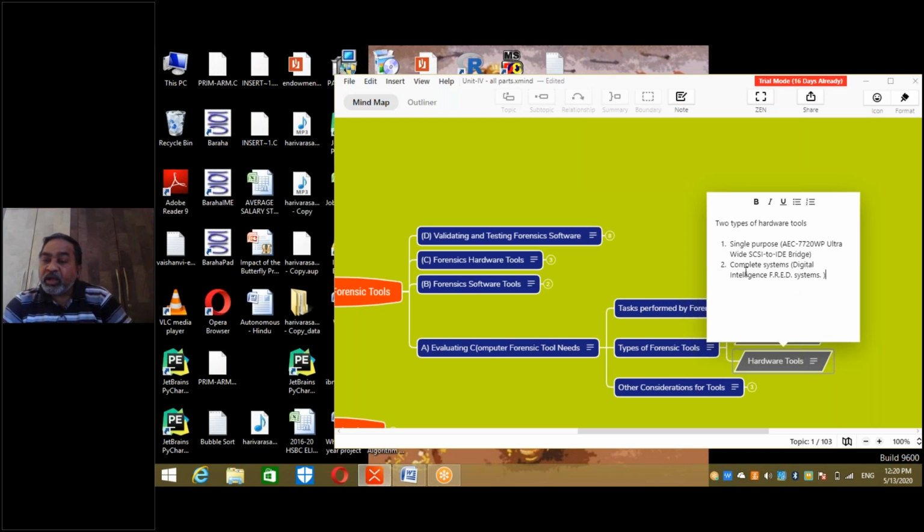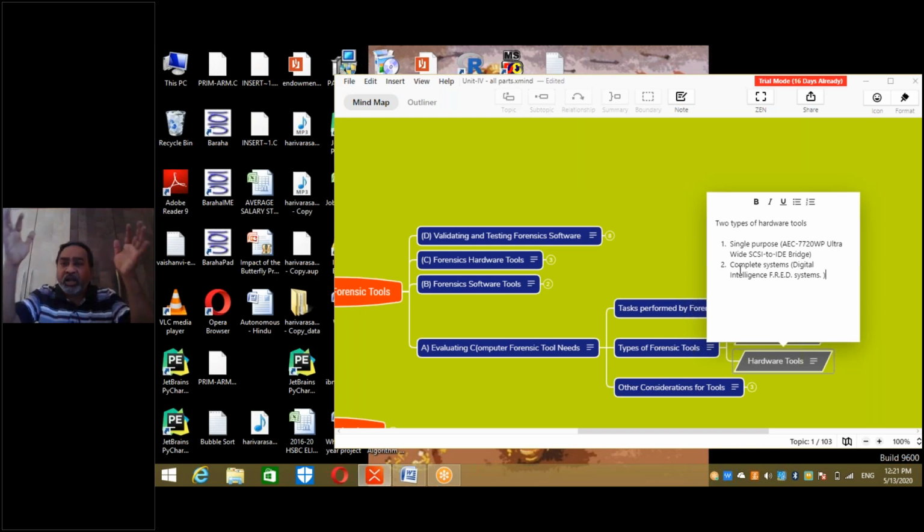And it could be a complete system, that is a comprehensive, full-fledged computing system, what is called a workstation. An example of a workstation is the Digital Intelligence FRED system. What is this workstation? It is a computer, it is a calculator, it is a data acquisition device, it is a data analysis tool also, it has software also, it can facilitate networking also, it can facilitate remote acquisition also, it can facilitate live acquisitions also, it can facilitate offline also, it is used for discrimination also.